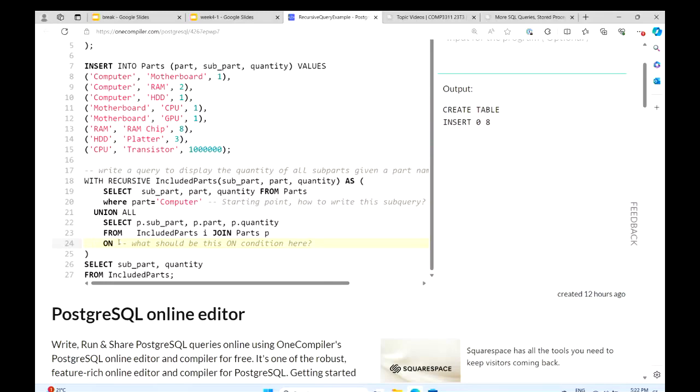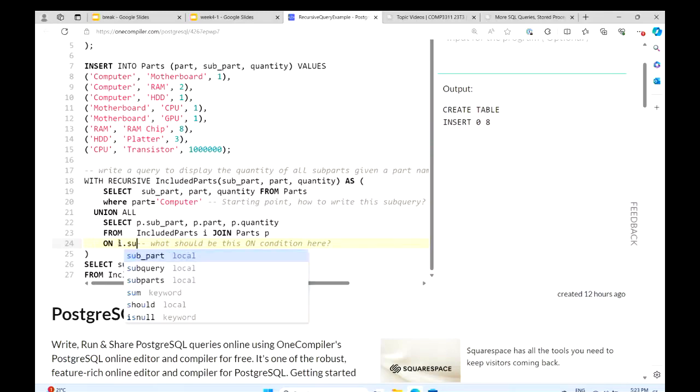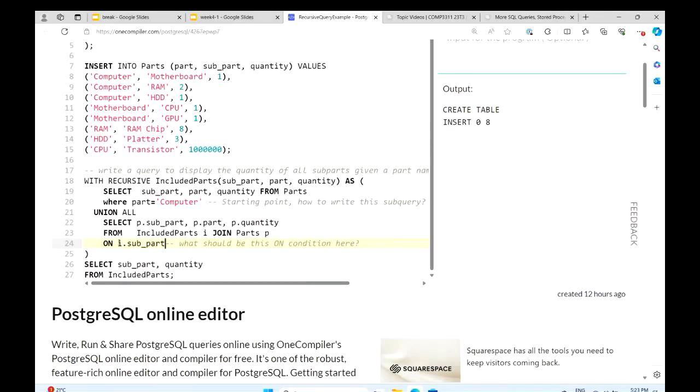Actually, what we already have inside the included parts is the parent. We want to grab the child of that parent. So in order to grab the children of that, we should set the subpart of the parent equal to the part name of the child.